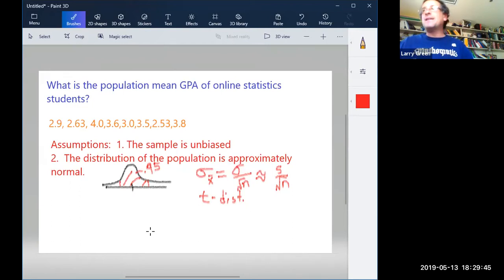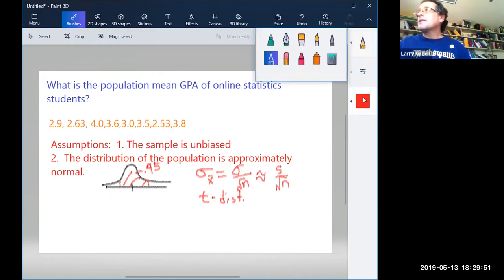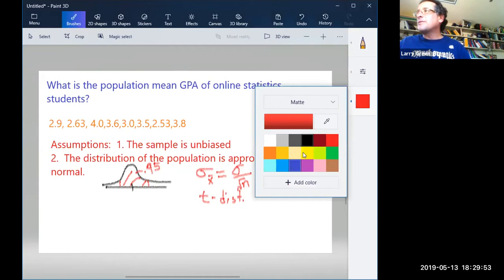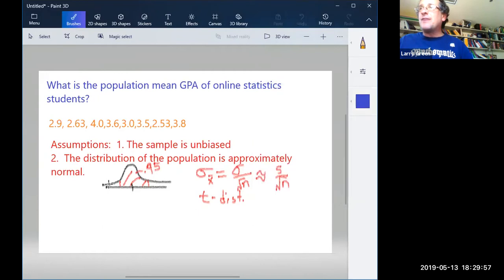Okay, but take a look. If you want to be more confident of being right, let me show you what happens. If you want to be, say, 99% confident of being right, then you're going to be here and here. And the problem is your accuracy is not as good. So for example, we'll play around with this example actually.